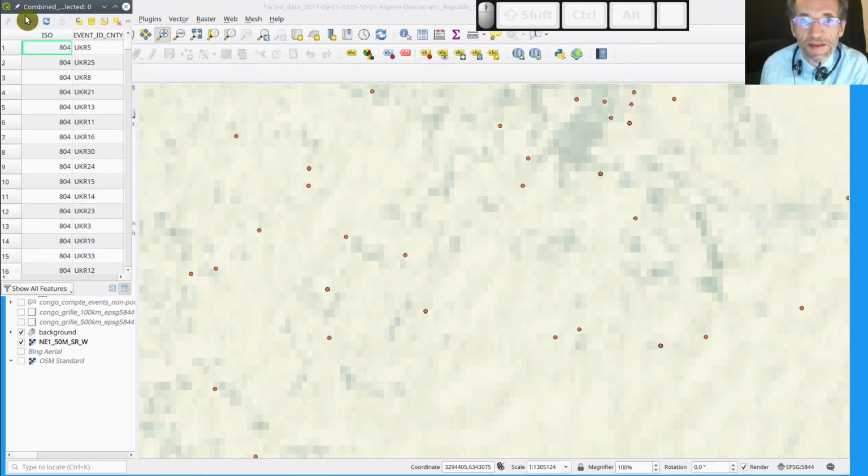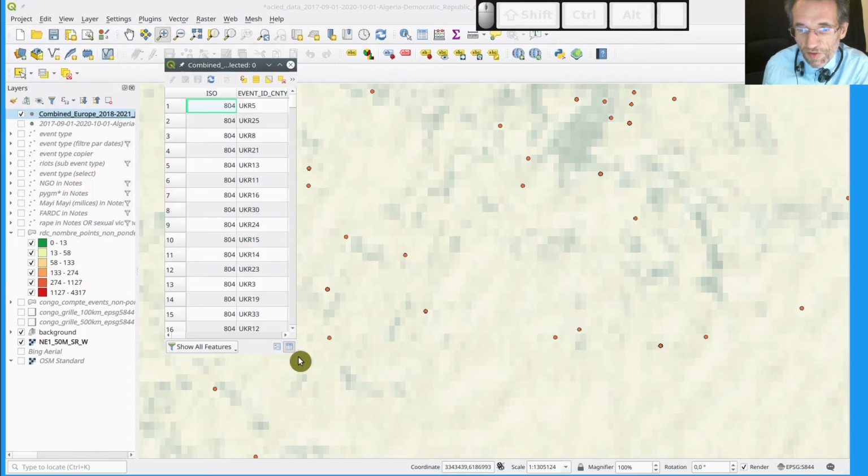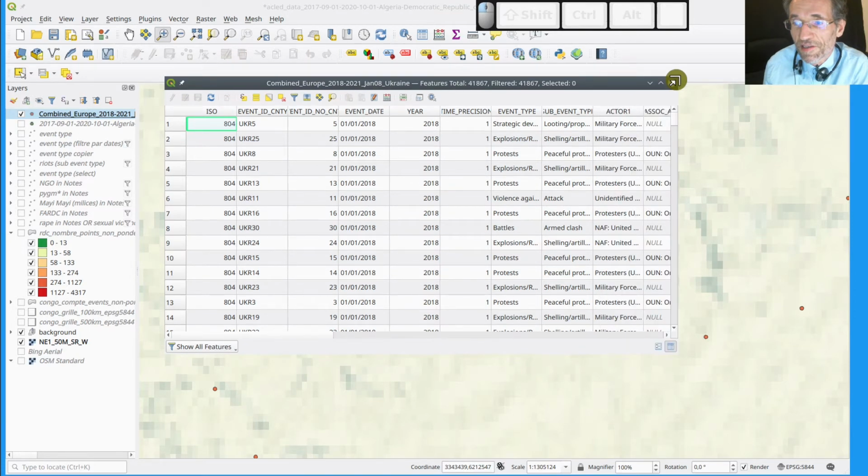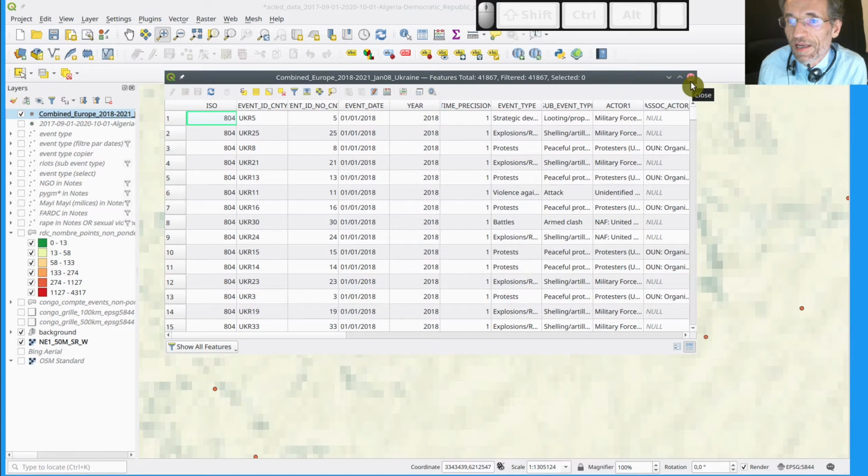And here we can see this. Obviously we will not wait several seconds each time we want to do something else. So we have to save that file in a format which is much faster than CSV, and that's what we are going to do right now. Okay, so you recognize the data that were in the Excel file. So I'm closing this,